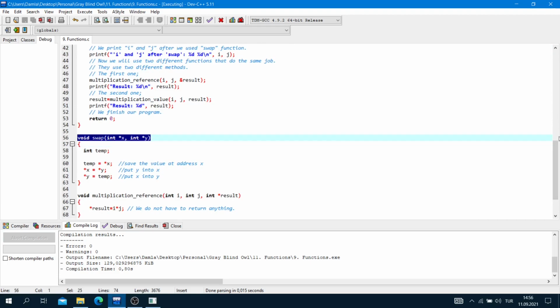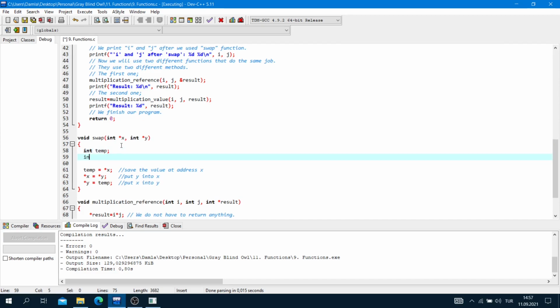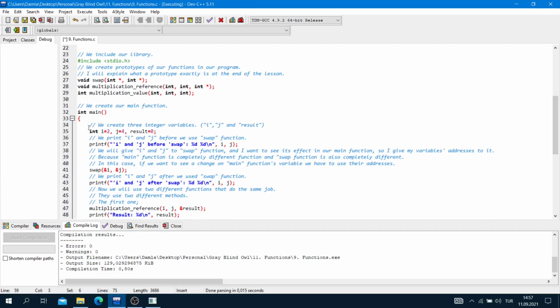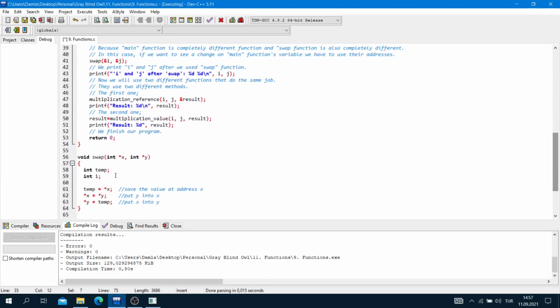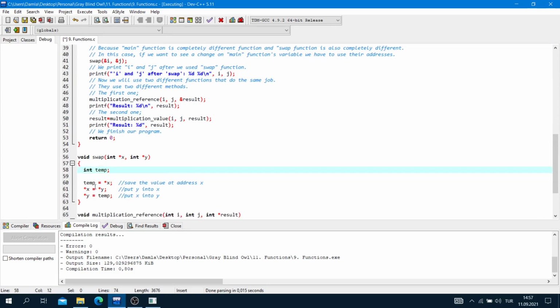So they do not know each other and their variables. For example, if I define here integer i, this i is completely different from this one. Okay, I delete this.